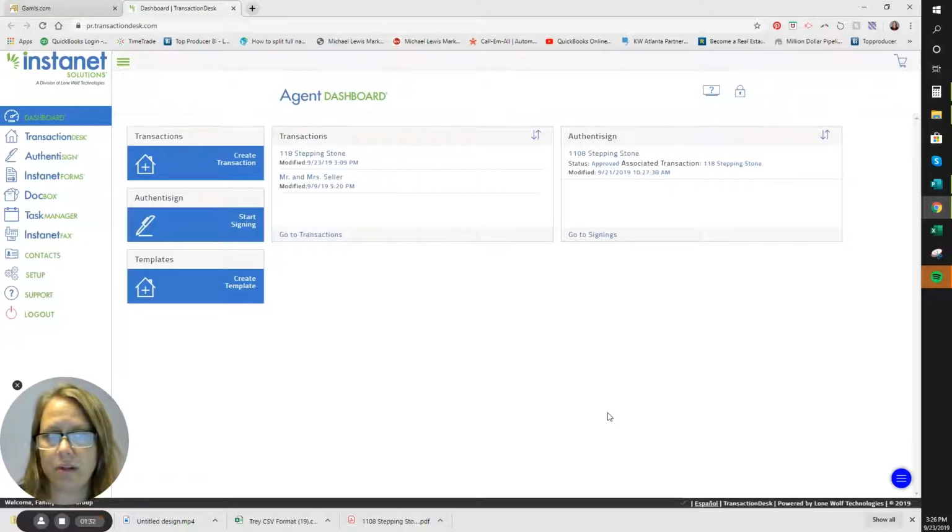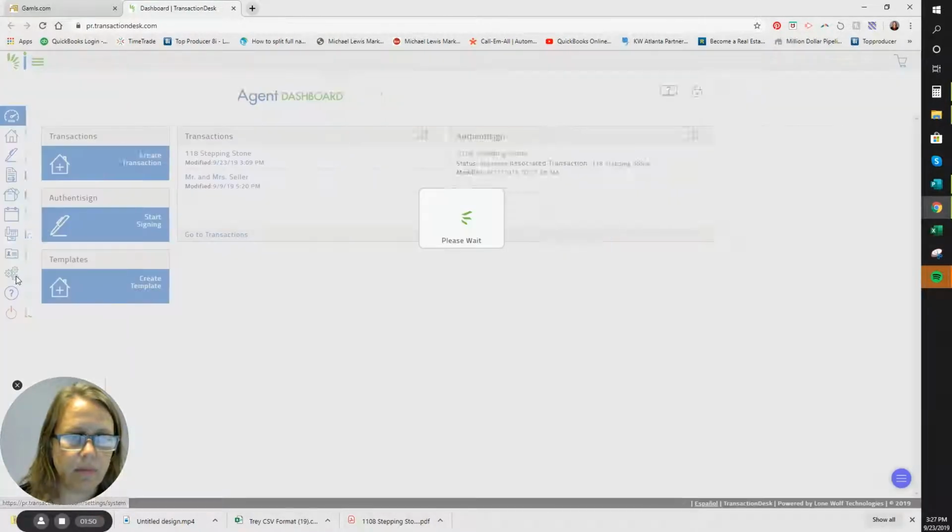So just a few other things to make this a short video because like I said, we're going to break this apart in chunks. Maybe you logged in to Transaction Desk one other time and you're not getting that pop-up box and you want to set up some personal details, contact information. If you click on the setup icon right here,